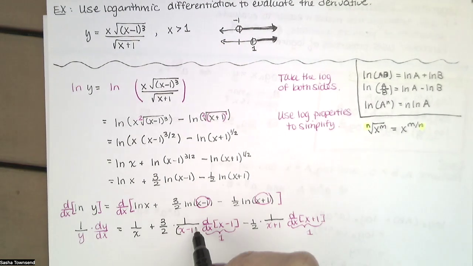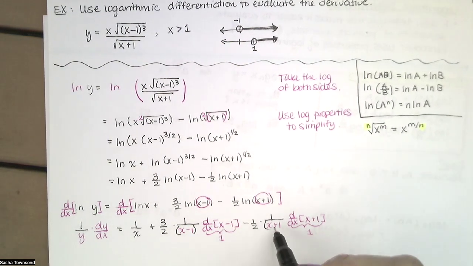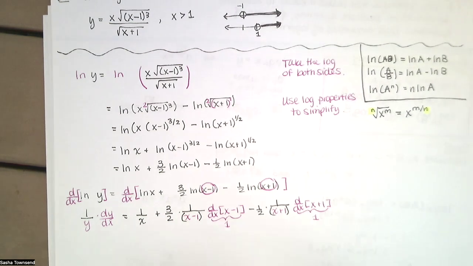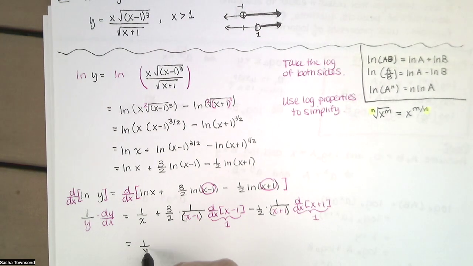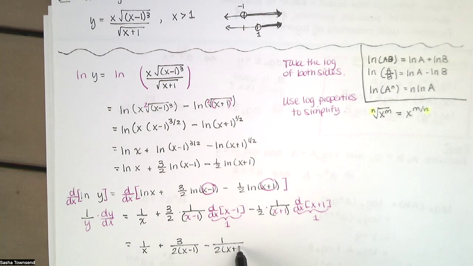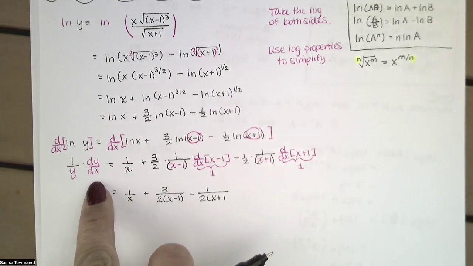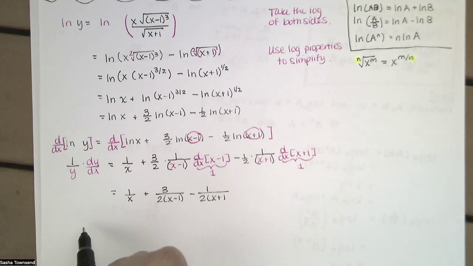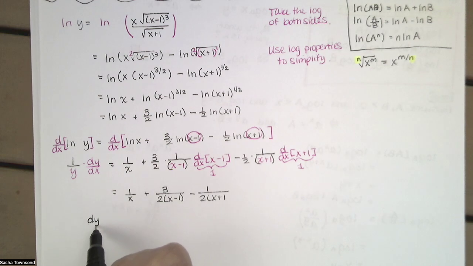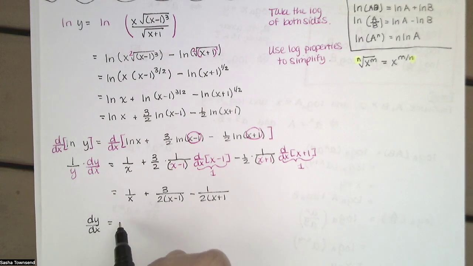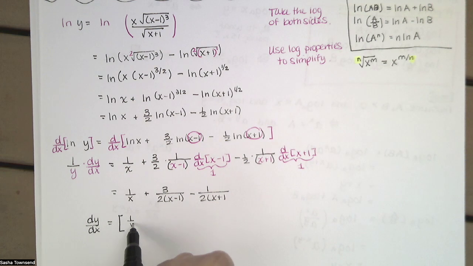Now I'm going to put this in parentheses because I'm going to multiply it by that 2 in a second, that in parentheses as well. So what we have is 1 over x plus, if I multiply straight across, 3 divided by 2 times x minus 1, minus 1 divided by 2 times x plus 1. And that's equal to 1 over y times dy dx. And we're trying to get dy dx by itself. So dy dx is all of this